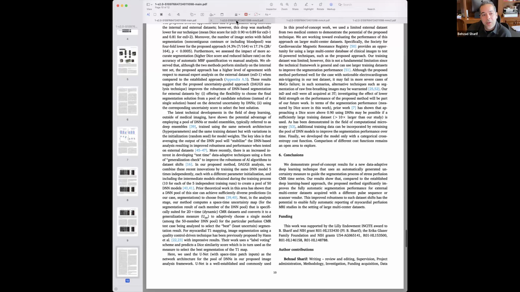You can see that across the 50 models, the performance is very different, which is quite surprising to a lot of machine learning, deep learning researchers, how just changing the initial seeding of the training process can give you such a different performance. And we actually leverage that diversity of performance across the model pool to do our model selection and derive our uncertainty metric. Thank you. I'll stop here and be happy to answer any questions.